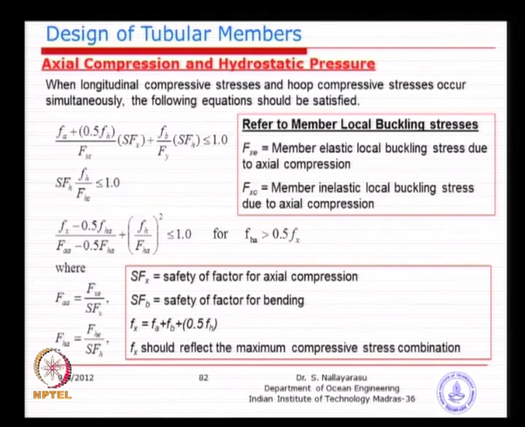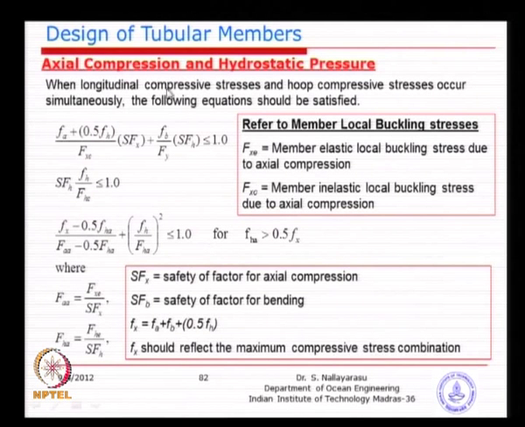So, that is why you have the allowable axial buckling stress, and then you combine it with the FB, which is the bending stress divided by the yield, and the result must be less than 1. This is one formula. The second formula is the direct checking of hoop, basically applied hoop stress divided by allowable hoop stress, which is basically the critical buckling stress divided by factor of safety. So, when you divide it, it goes up. So, it is a simple idea.